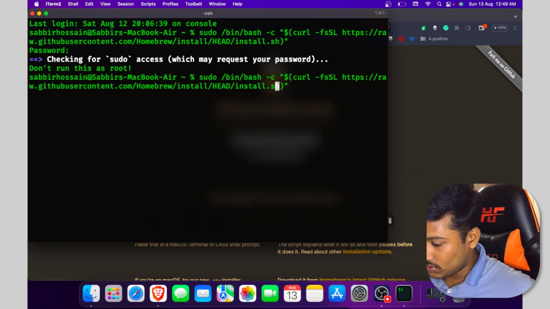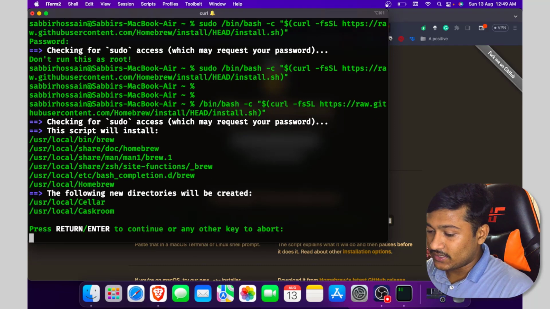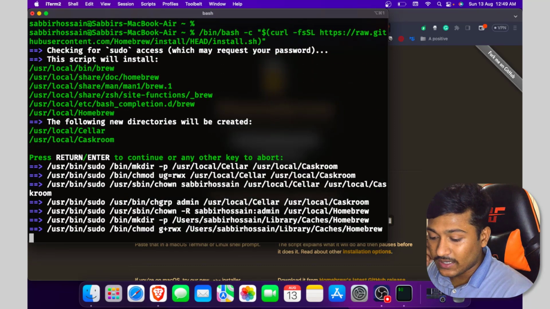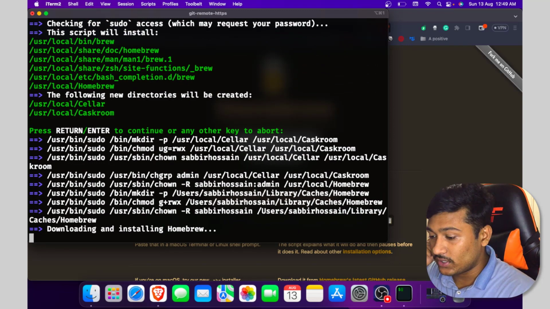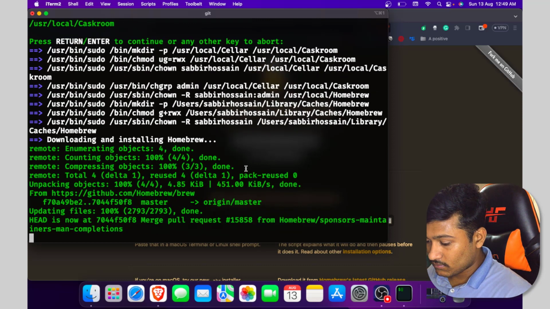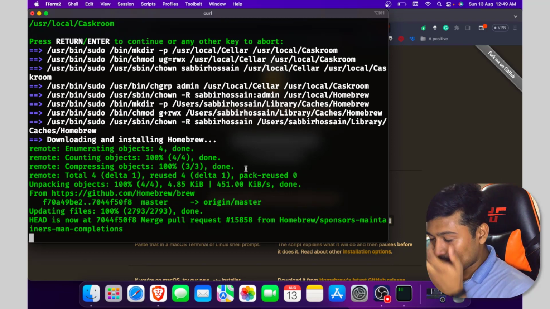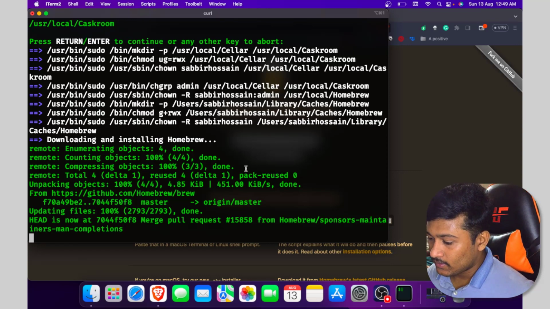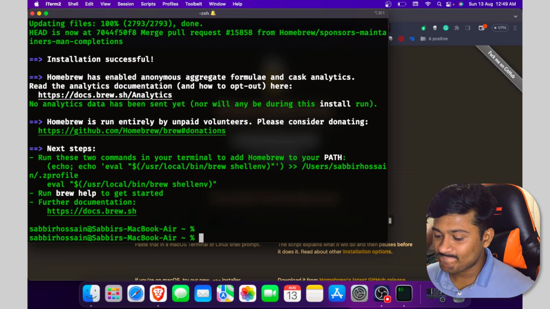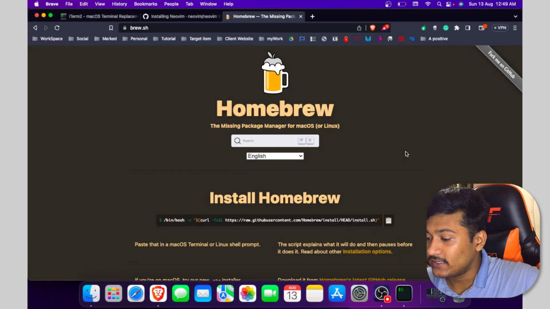Then paste and hit enter. Just click on any button and it will automatically install. Okay, so our Homebrew is installed, and now